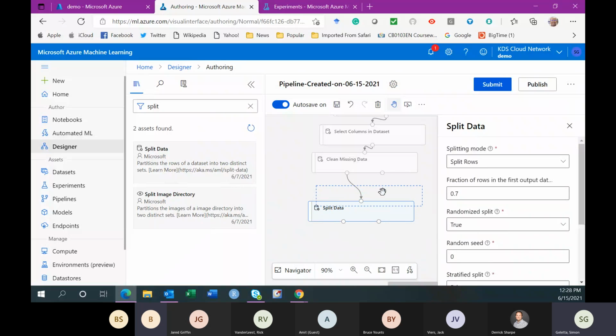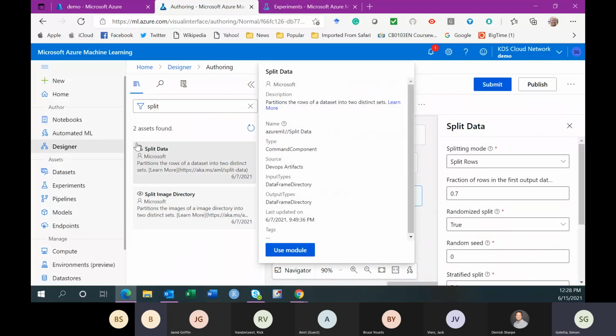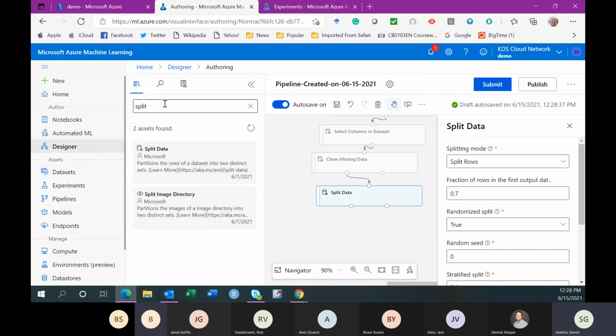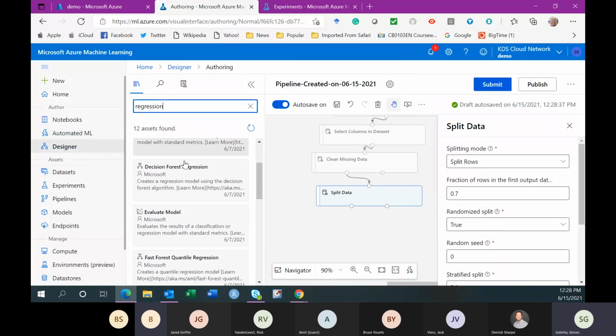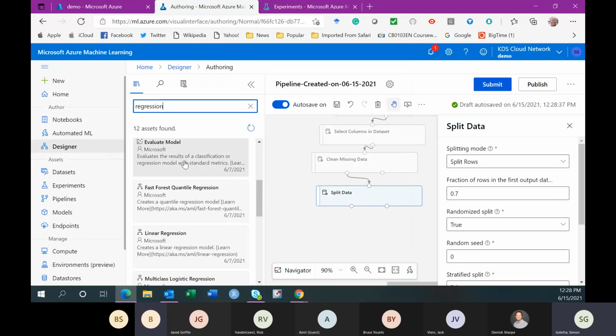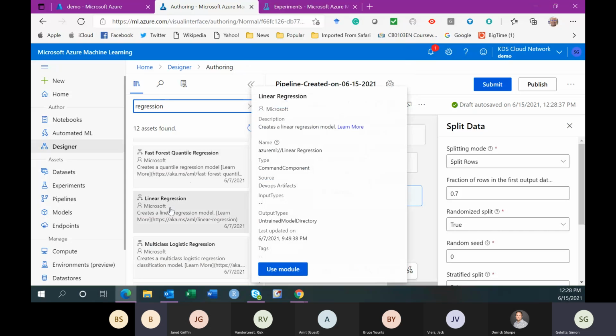Now that we have a split, it's time to do the algorithm. So we'll select an algorithm. And for this, I will use simple linear regression for prediction.